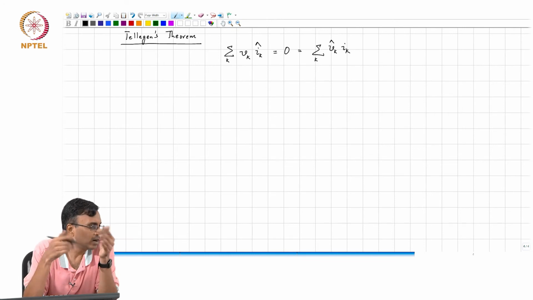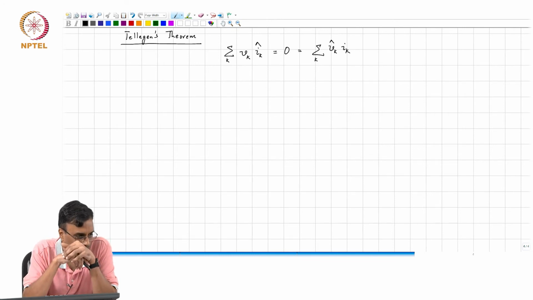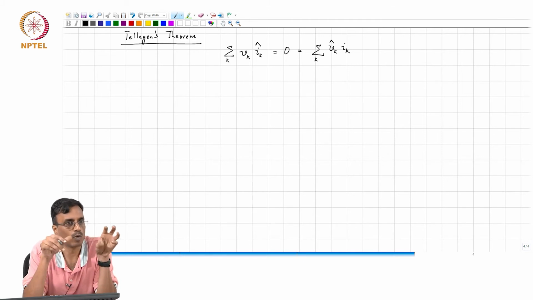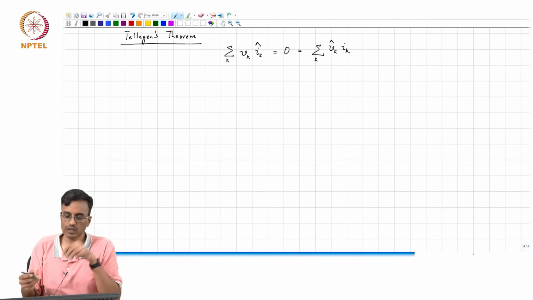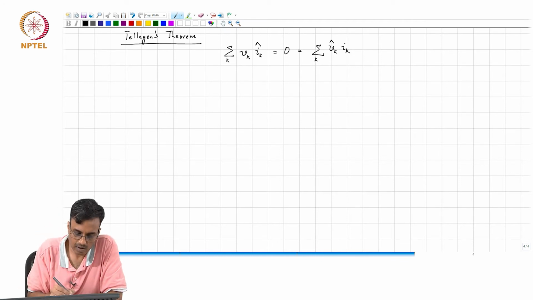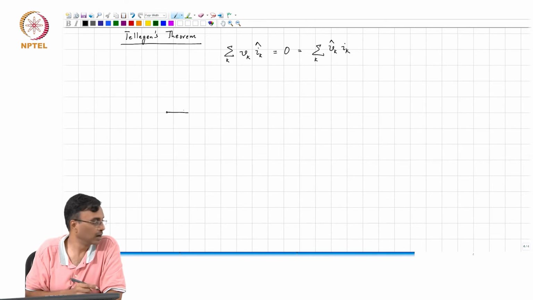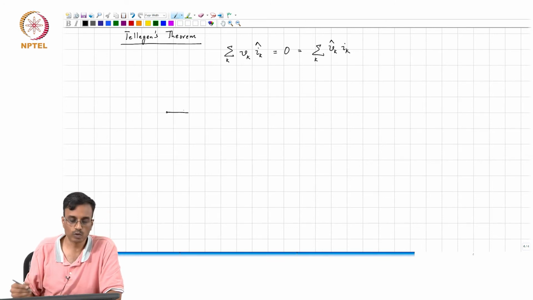We linearize the network and work with small signal equivalents, right, and the underlying basis for small signal equivalents is the following. You have some sources, and you change the sources by a small amount, and then you only write KCL and KVL for the incremental quantities, correct? And the basis for that, you can think of it as a principle that we used while deriving Tellegen's theorem.